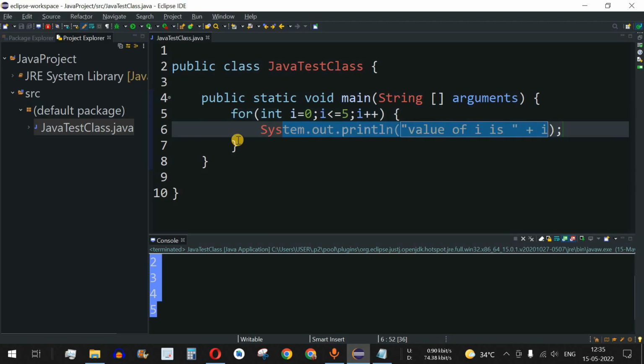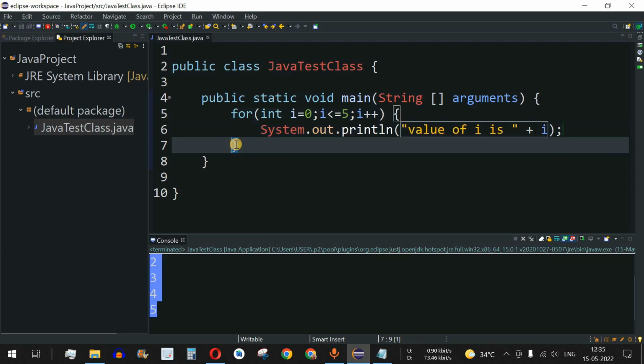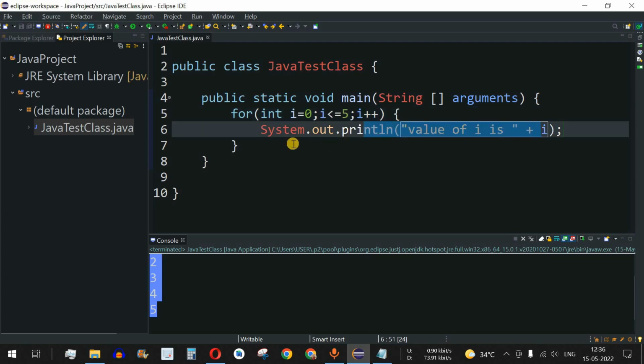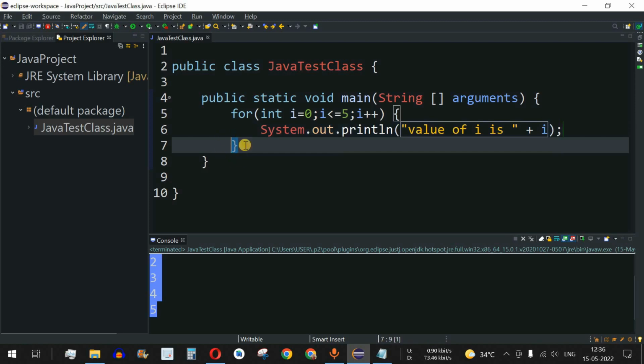Now guys, what will happen is, after this close curly braces is encountered, the control flow will go to the incrementation part, because first it needs to increment before checking for the condition as well. So I++, meaning I will become 1 now, and then is 1 less than or equal to 5? Yes, in this case. So the value of I will be 1, and then again the control flow encounters this closing